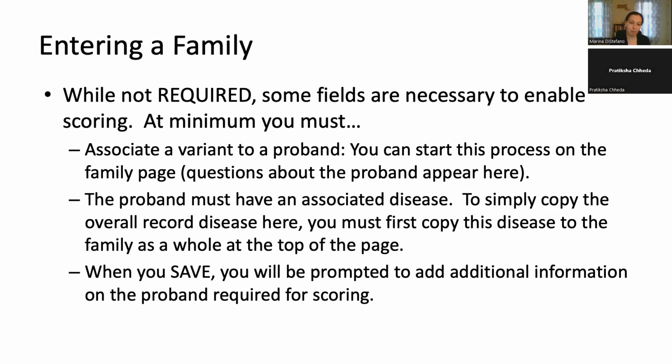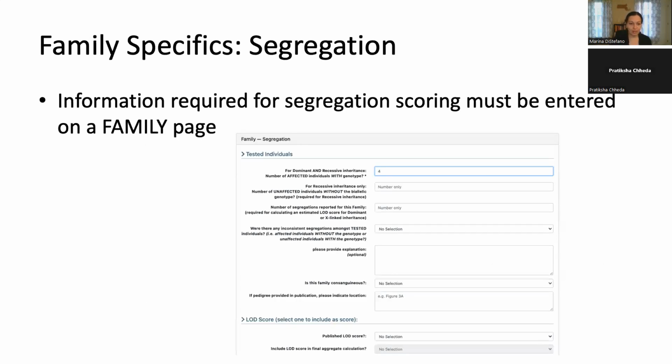It will ask, do you have a proband to score? The proband has to have an associated disease. To simply copy the overall record, first you hit the copy button to the family, and then you hit the copy button to the individual, the proband. And when you save, you'll be prompted to add additional information on the proband that's required for scoring, which we talked about already. So for family specifics for segregation, there is information required for segregation scoring